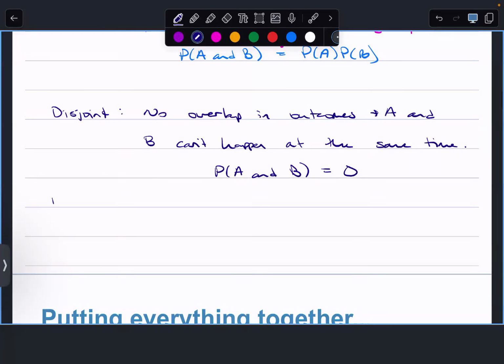Whereas independence, if the outcome of A has no effect on the probability of B,